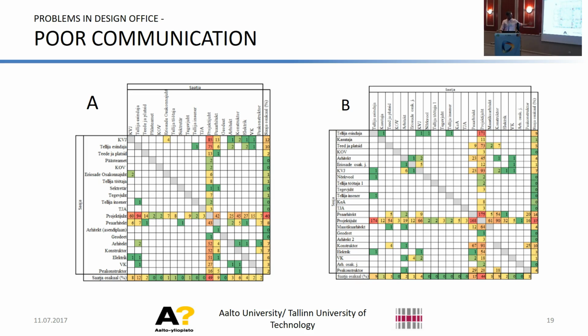Now when we compare what's happening in terms of communication, you see this line here. This is the project manager. If you look vertically, this is the person who sent the email. We analyzed emails and the database of the emails, and you can see that 50% of all the emails were sent or received by the project manager. So the communication overall is very, very important.